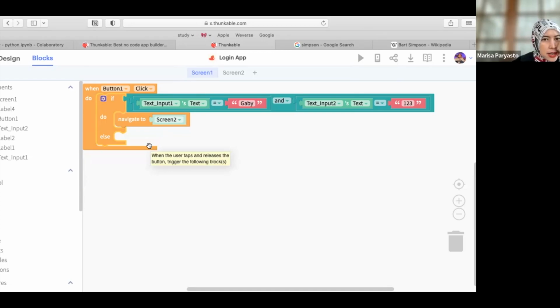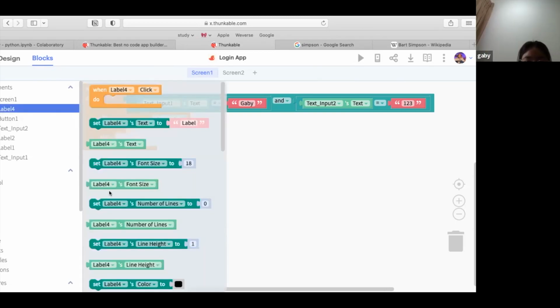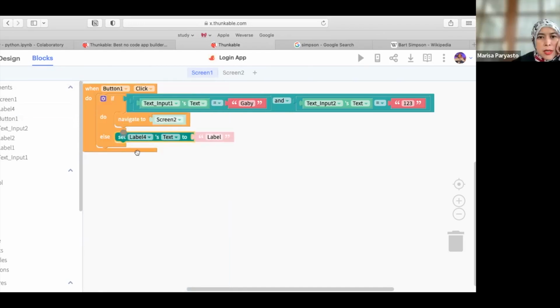You have to change the label text. So here, the label, you have this, right? You can always set the label text to "incorrect username or password." Just like that, as easy as this. So when we try this,